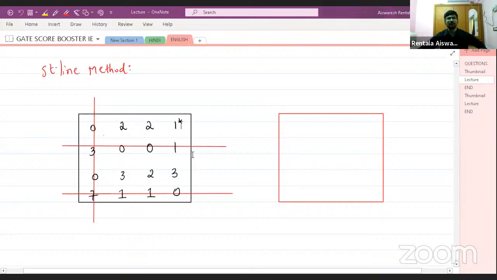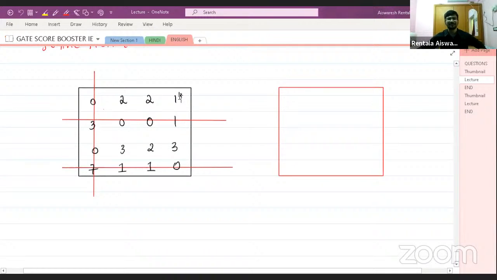So this minimum value you have to subtract from all uncovered elements. If I subtract this minimum value, which is 1, from all uncovered elements, I'll get this as 1, this also as 1, this will be 0. What about this? This will be 2, 1, 2. So these six elements I have written. So subtract the minimum element from all uncovered elements. Okay, next. Whatever elements you have covered, you have to leave them as they are,